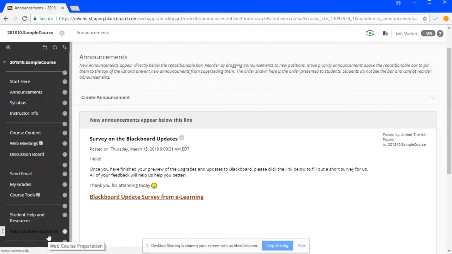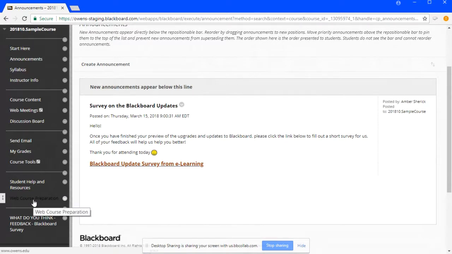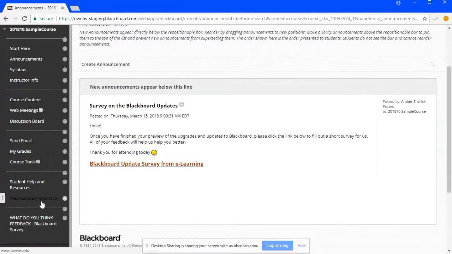Yes, that's actually to our production server. So that's just a dummy link right here for the web course preparation. If you use it in the production server with the summer sessions shells that are there, wow, say that fast five times, yes, it is able to be used, and you can get redirected to the web prep course.